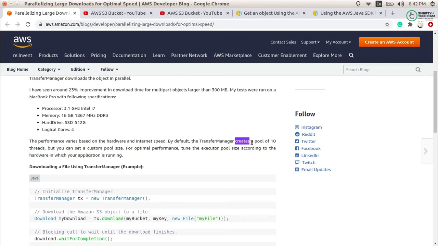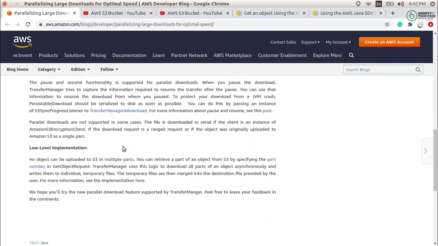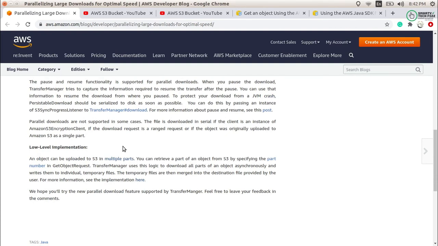The transfer manager creates a pool of 10 threads by default, but you can set a custom pool size. That depends on you, on what pool size you want. And for the low level implementation, we have to implement the logic ourselves, to read from the file as a range.